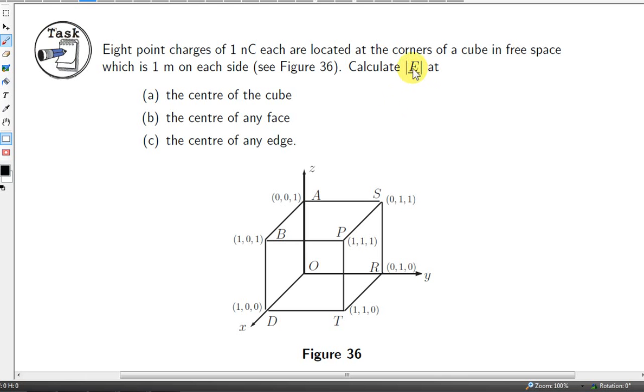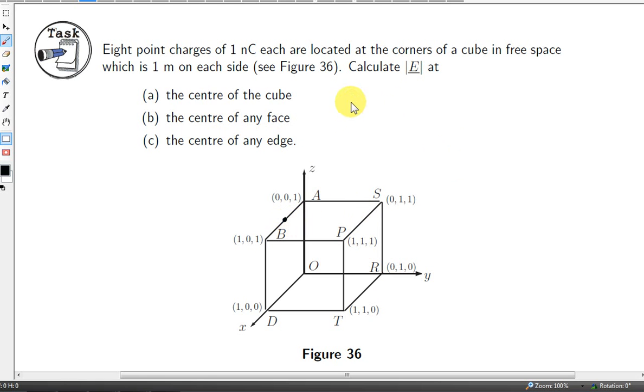Let's get the magnitude of the electric field vector at the center of any edge. Now the magnitude of that vector will be the same no matter which edge we take, so that works out by symmetry. Of course the E vector will vary depending on which edge we are looking at. The vector will vary because its direction will vary, but its magnitude won't vary. Its magnitude will be the same everywhere. So we're going to take this point here,